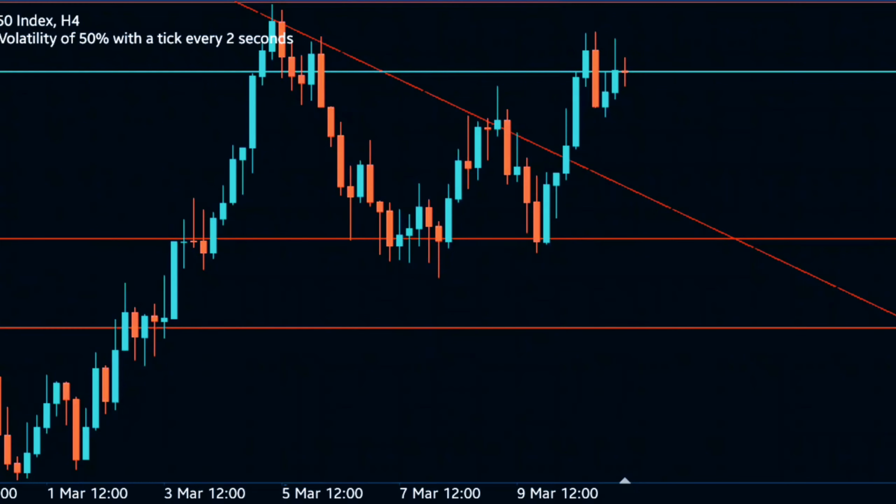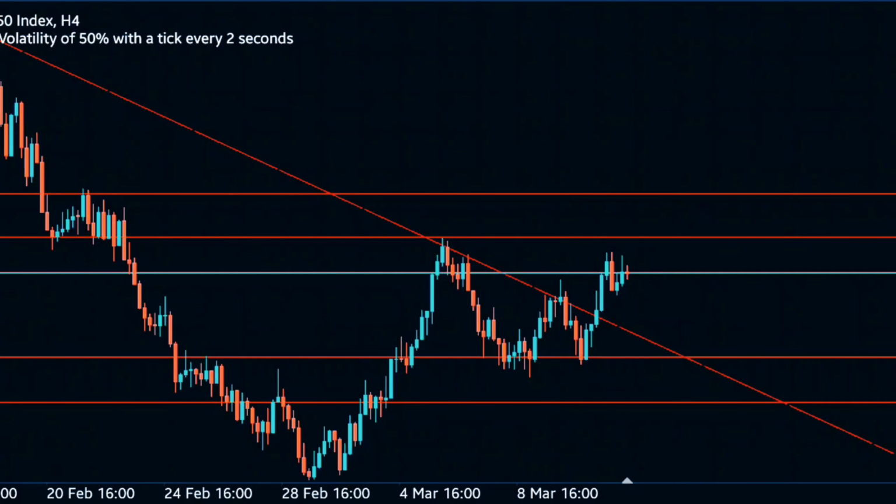On the 4 hour, this is what I am looking out for. Just look at where I drew the zones. Just look at where the zones are. As you can see, price reacted and is sitting pretty, not broken. So that's the power of top-down analysis.